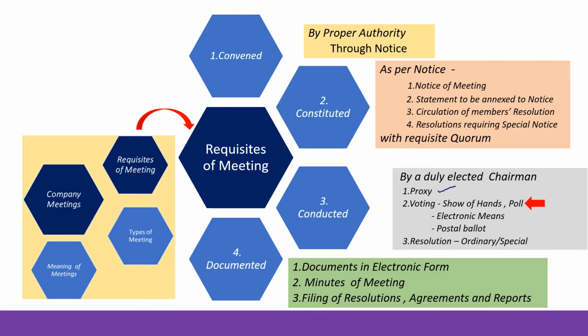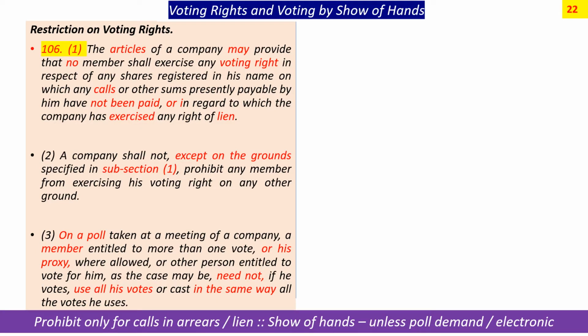We have seen the proxies. And in a meeting, voting takes place, and the voting takes place in different manners. Let us first take up the voting pattern of show of hands and poll. Section 106 says